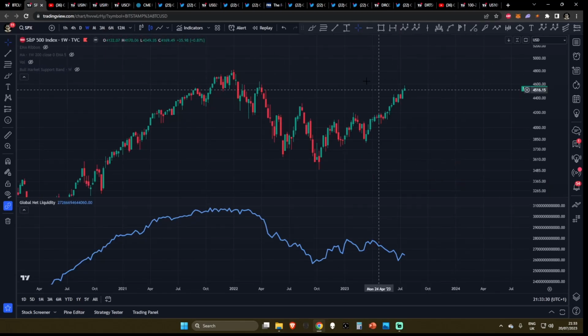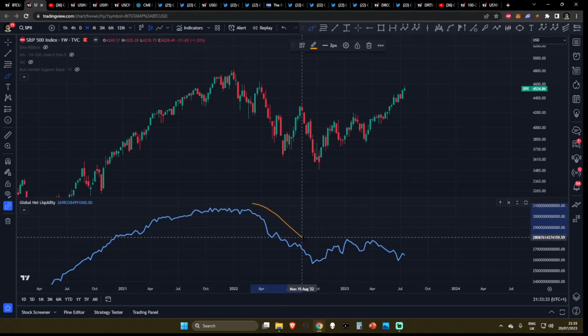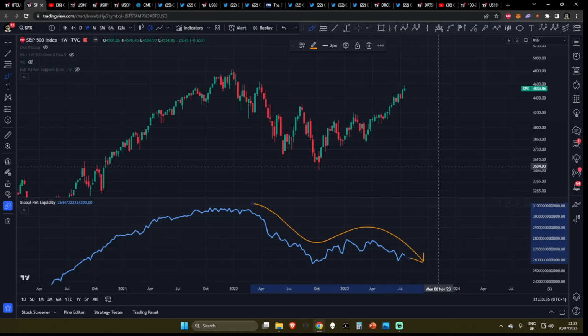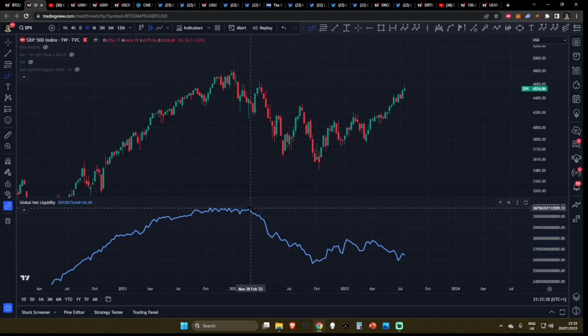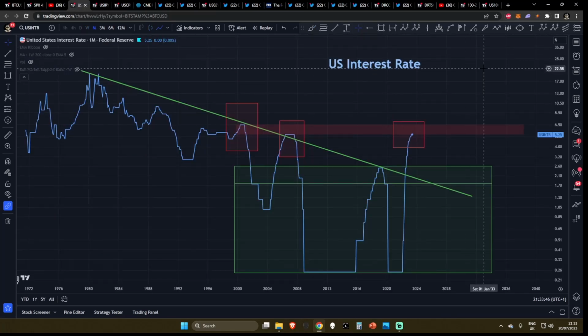Let's start by laying some groundwork in why we've been seeing this contraction in global net liquidity since 2022. Well, it's no surprise to see when we look at the contraction in global net liquidity, which really started to take place in February of 2022. This correlates directly to the first set of hikes which happened in the US interest rates from February of 2022, where the interest rates went from 0.25% all the way up to 5.25%, the highest since the 2008 financial crisis, and also just underneath the 2000 financial crisis, in which these interest rates were dramatically increased to the upside.